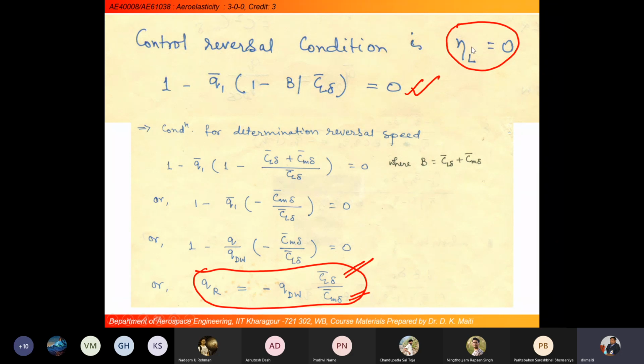With control reversal, eta L equal to zero, we take the numerator equal to 0, that is 1 minus q1 bar multiplied by 1 minus b by CL delta bar equal to 0. And then after manipulation and final substitution of the values of the non-dimensional parameters, it comes as QR is equal to minus QD wing, whole thing multiplied by CL delta bar by